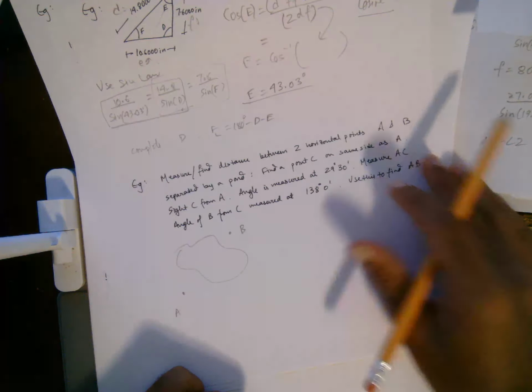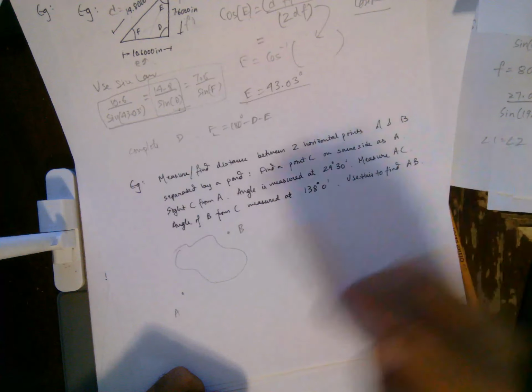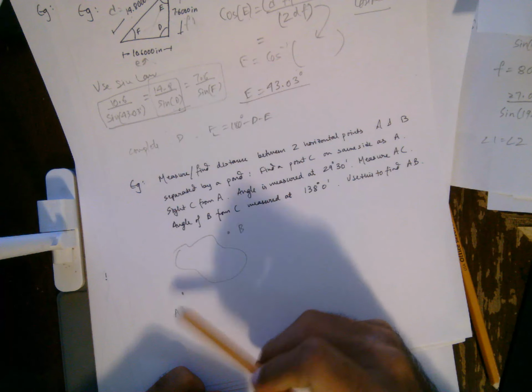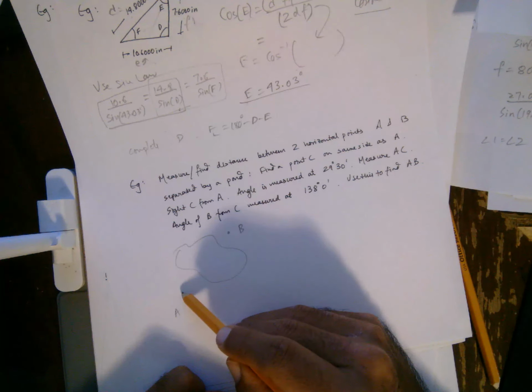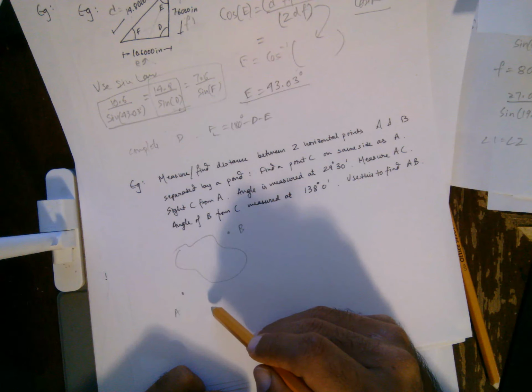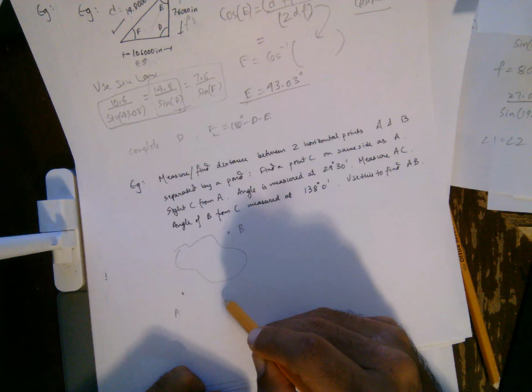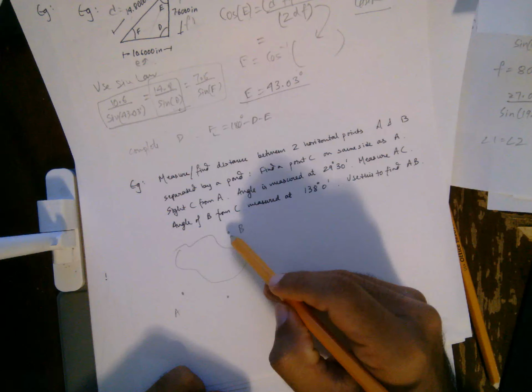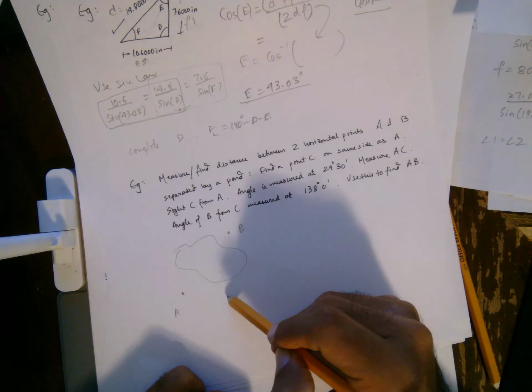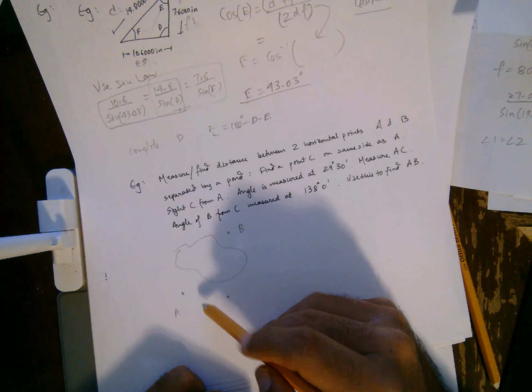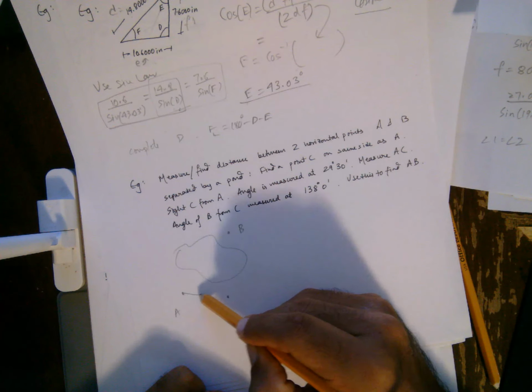So the strategy is like this. Because you're on this side, you can make measurements here. So from A, you find a point C on the same side, right? And then what you do is make sure you can still see A, right? Now this distance can be measured,